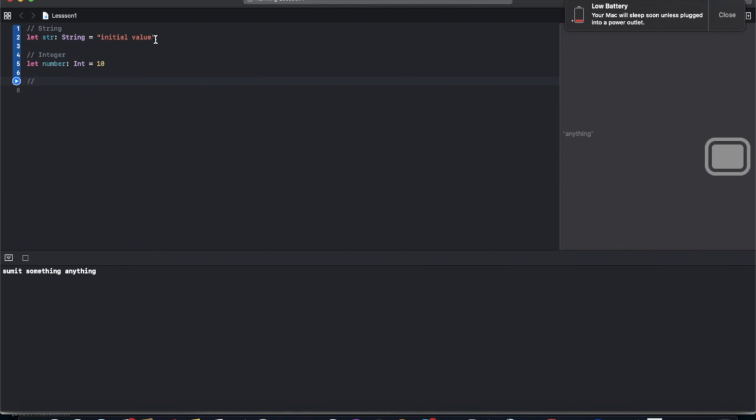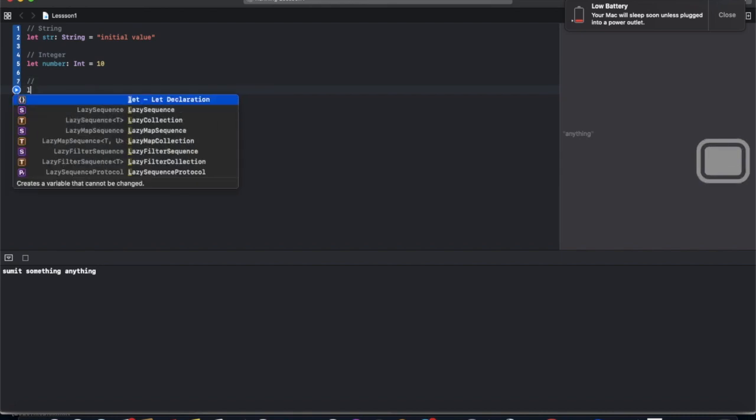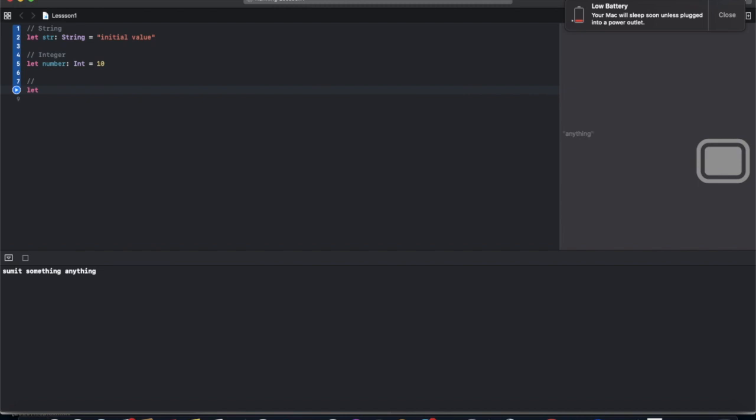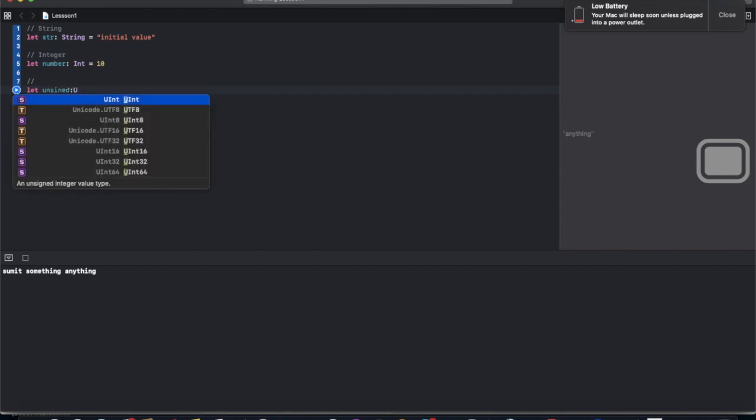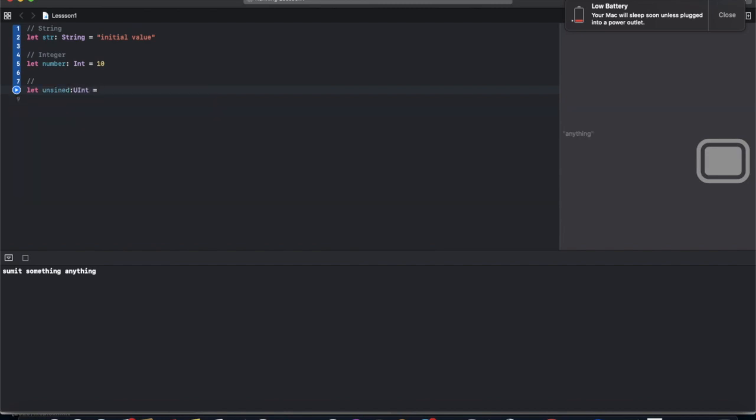We have UInt, unsigned integer. Let unsigned UInt. Now we can't assign a signed integer here. If we run this, it can't, because it's unsigned, so it can't be signed. It can only have positive numbers, but a number can be a negative value.